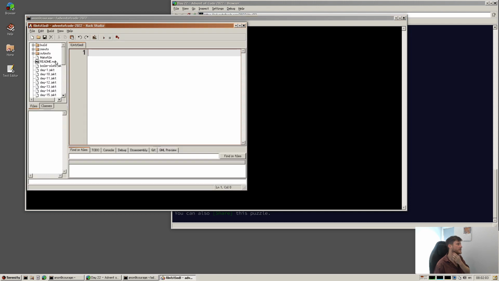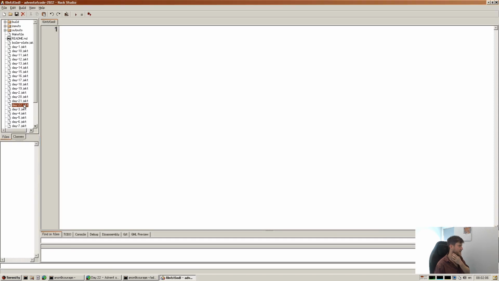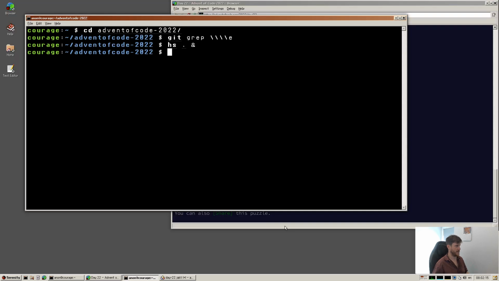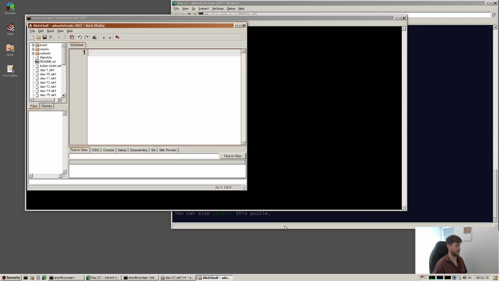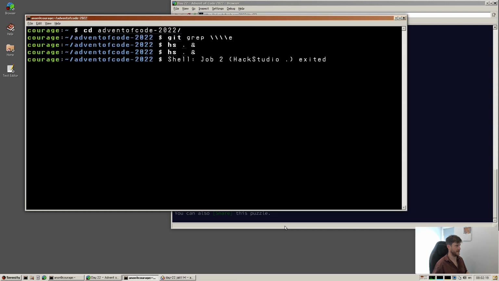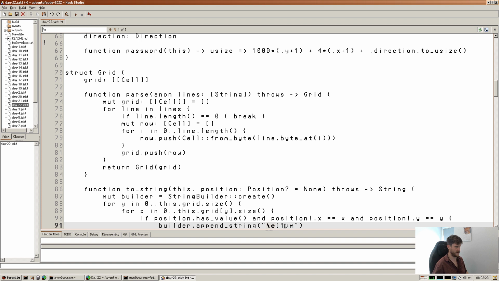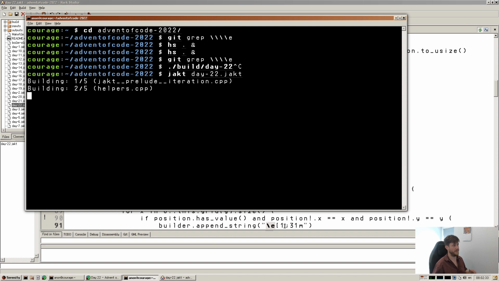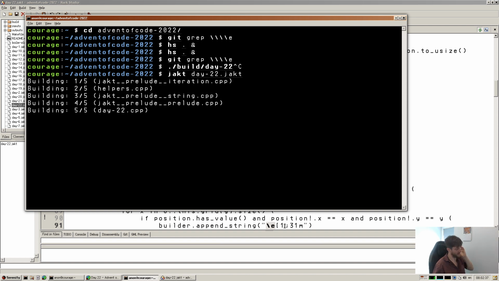So Hack Studio, maybe we'll just full screen that, and maybe here we can search for where we do that, and what do I reckon? I didn't want to open that again. We can do that. 31M, 31M. And here if we maybe jakt day 22.jakt and just run that build script. Not run it under the test harness because that doesn't really, it's not like super useful